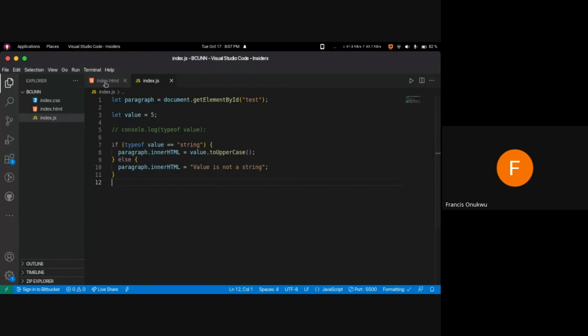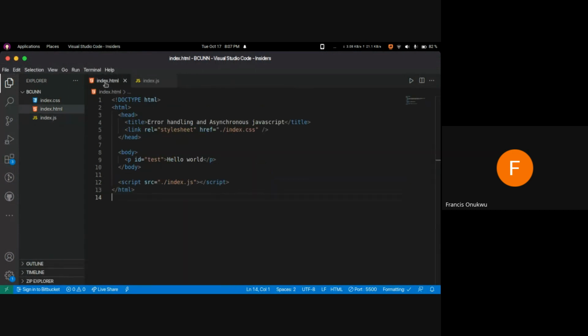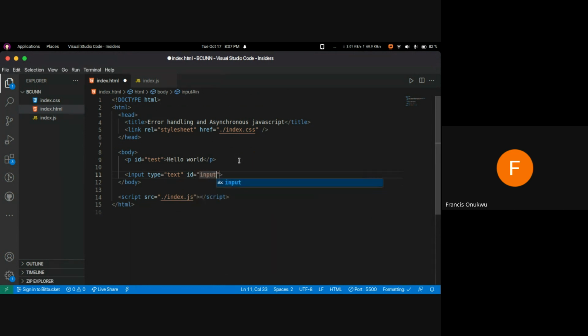A practical example should be in a form. I think a form should be very suited for this. Let's try and do something real quick. Okay, input. Now, this is not the proper way since it's not enclosed in a form. So we have an input type of text, and we don't want a value. We want to give it an ID of input name. Okay, so input, yeah, button, perfect,